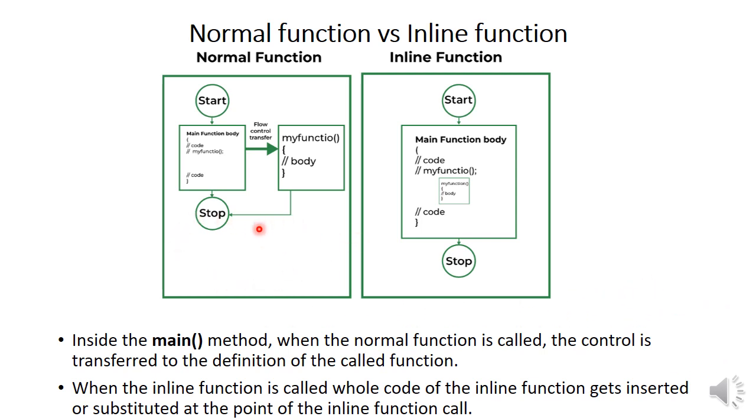On this diagram, you see that there is a transfer of flow control to the user-defined function, or to the definition of the normal function. It means that once the compiler sees the function call statement,